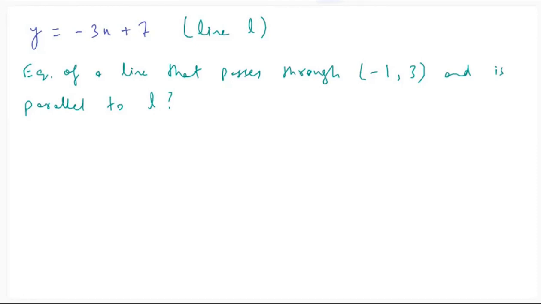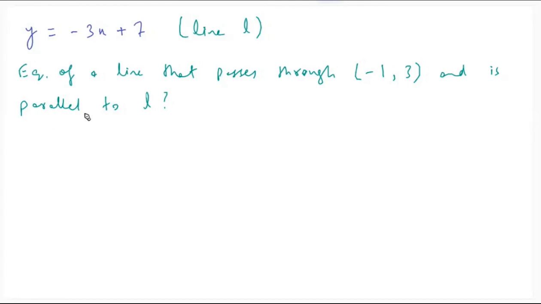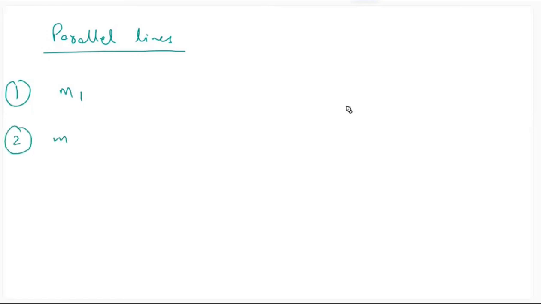So let's try to figure out this equation. What do we do here? Remember, parallel lines, आपके पास दो पैरेलल लाइंस है, अगर एक का ग्रेडियंट m1 है और दूसरे का ग्रेडियंट m2 है, इनके जो ग्रेडियंट्स होते हैं वो इक्वल होते हैं। इनके ग्रेडियंट्स क्या होते हैं? इक्वल होते हैं। m1 इक्वल्स m2, दोनों ग्रेडियंट्स इक्वल होते हैं।